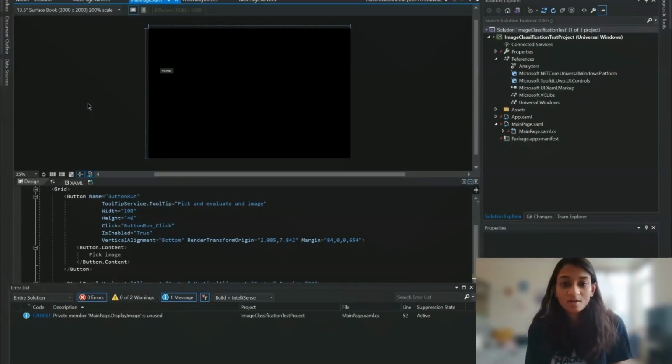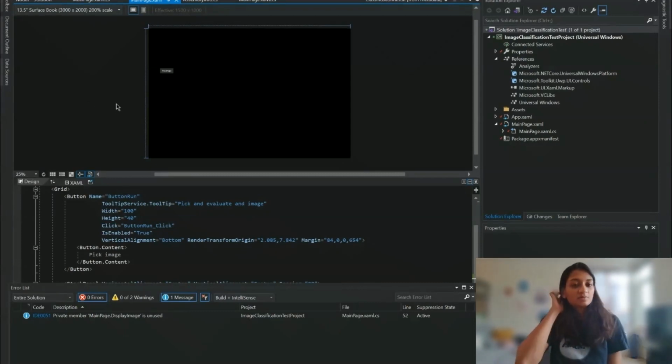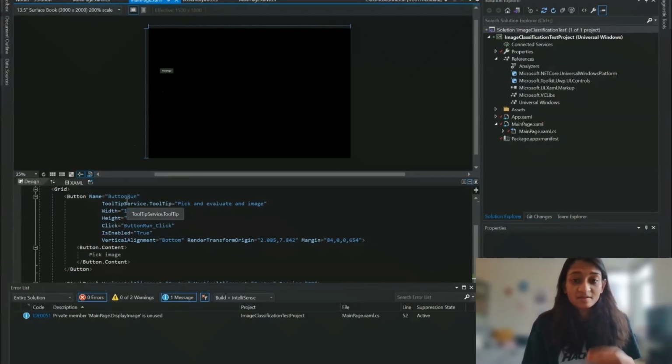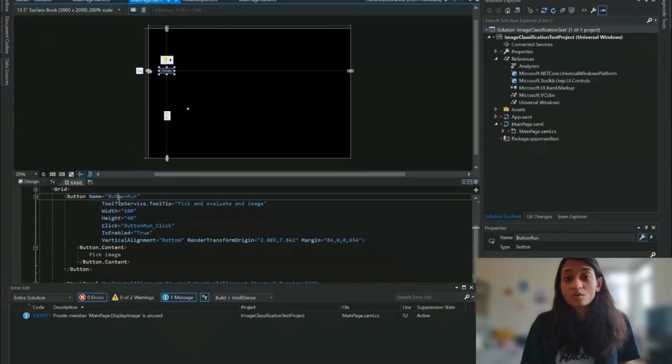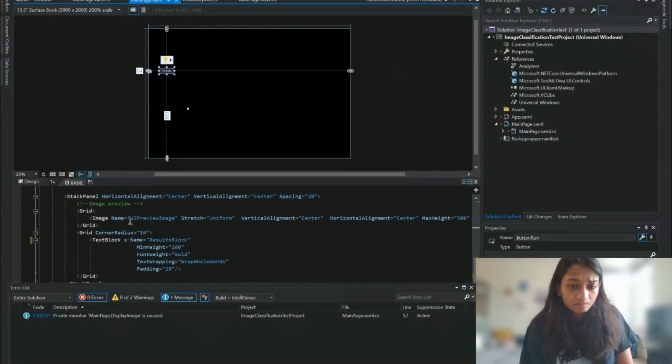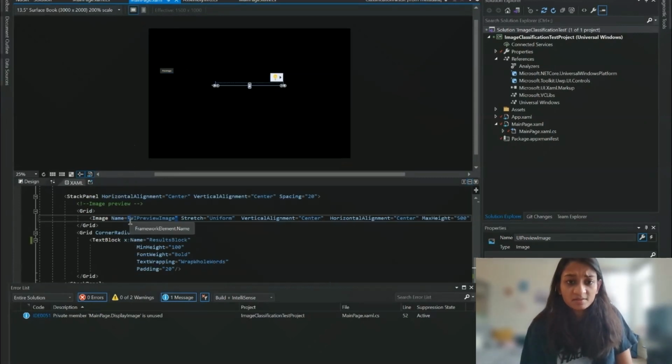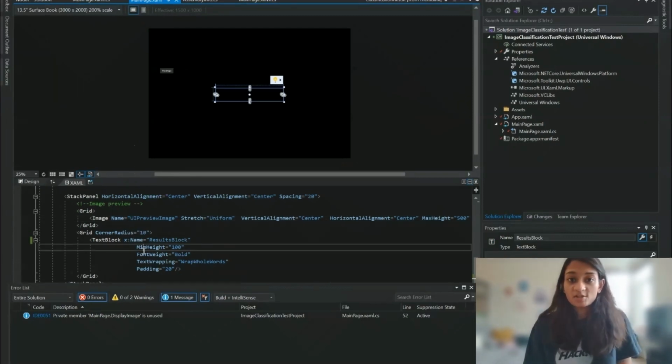Okay, so now I'm going to show you how you can quickly get started with intelligent APIs in your UWP application. So let me introduce you to this very simple UWP app that I just put together in a few minutes. All it has is a button, and this button is going to open up a file picker that's going to allow you to select an image file. And then we're going to display the image file in this little image element. And then under that, we're going to display the results of image classification that we're going to do